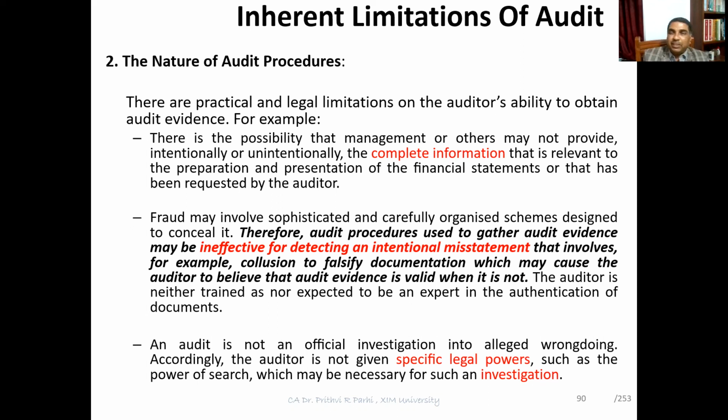Right? For example, the internal control system ensures that if a payment has to be made for a purchase, then one person has to give a requisition, another person has to approve. Then after that, a purchase order has to be made. Then the item will come, it will be entered in the stores. Then the bill will be received, the bill will be passed by some other person. Finally, payment will be released by some other person, and accounts will make an entry for that. So many people are involved, but all of them, let us say, join hands here.